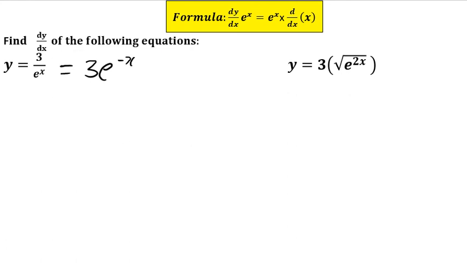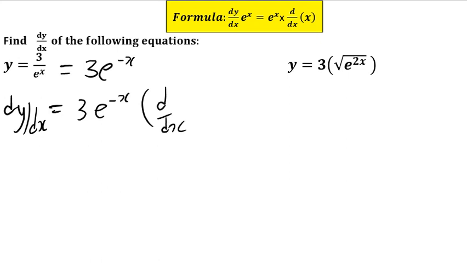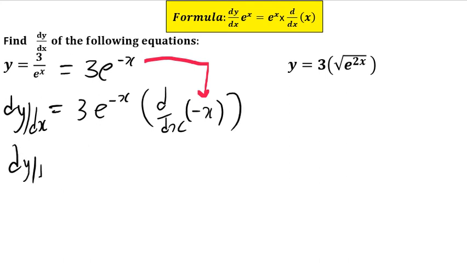because here it was positive, it was raised to the power positive x, so here it's going to be negative x. So your dy, after simplifying, you differentiate. So you're going to say 3e to the power minus x into your d over dx multiplied by, remember you take this one here, take that one there, you're going to get a negative x. Okay, your dy over dx, it's going to be 3e, just write it as it is, then multiply by,